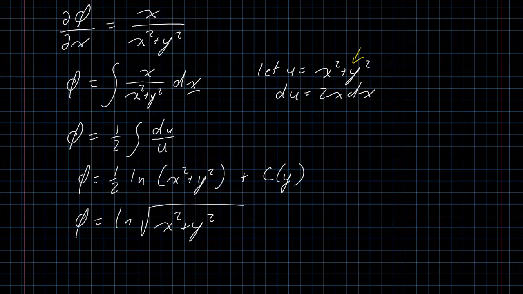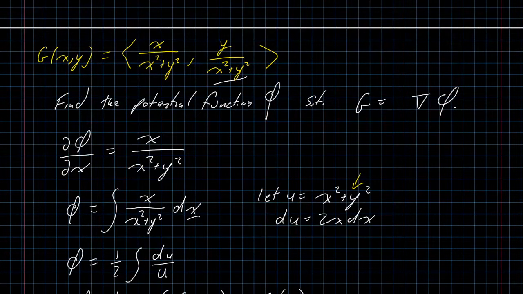Which means that my constant might actually be a function of y. And that's something that can be a little bit tricky. In this particular case, it's not that big of a deal. To figure out what that constant is,